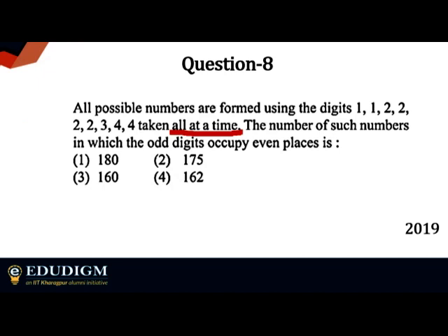Try this one out. Let's just wait for a couple of minutes and see how we can figure it out. All right, Ritoban says it's 180. Okay, let's just see some more answers then. Ishika says it's option one, which is 180. Great. I'm just taking some 180 as answers. Great.